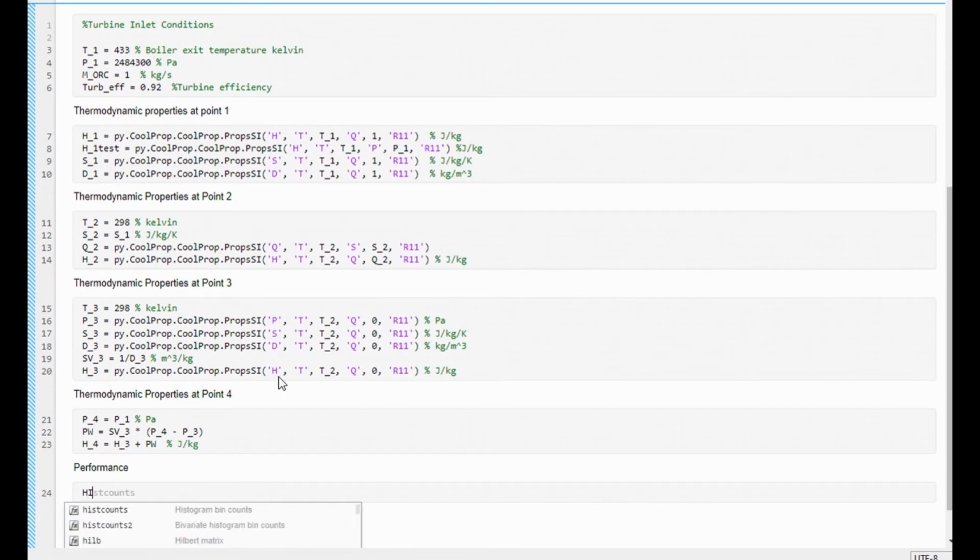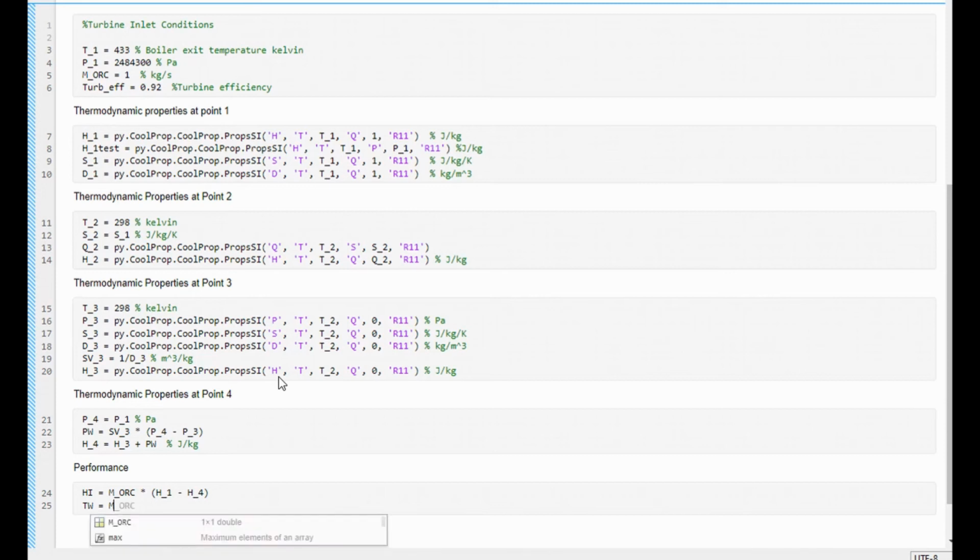The heat input becomes the mass flow of the organic Rankine cycle multiplied by H_1 minus H_4, and the turbine work is